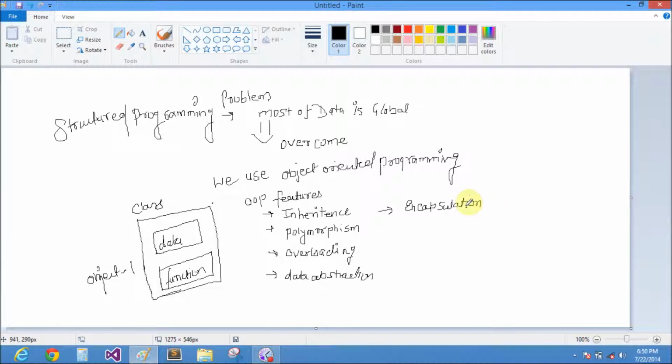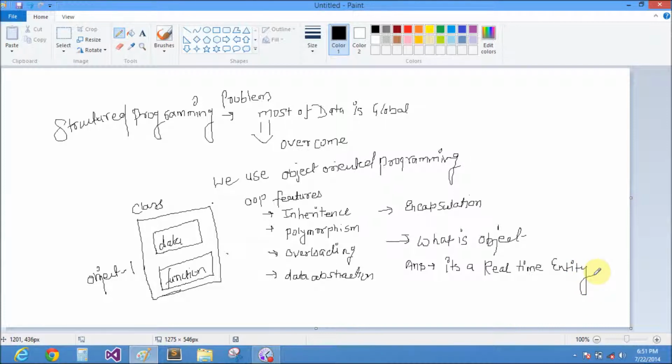Today we will learn what an object is. So my question is, what is an object? The answer is, it is a real-time entity.